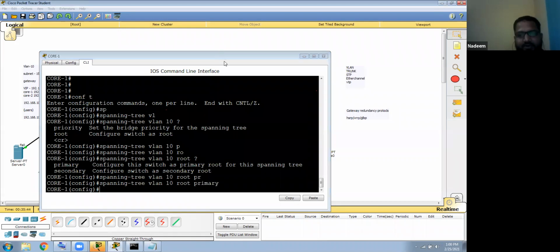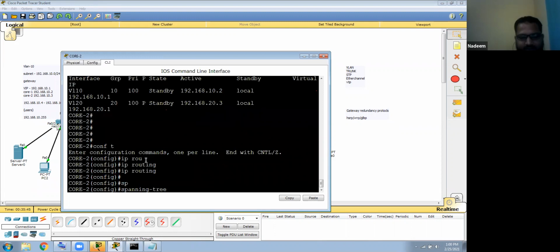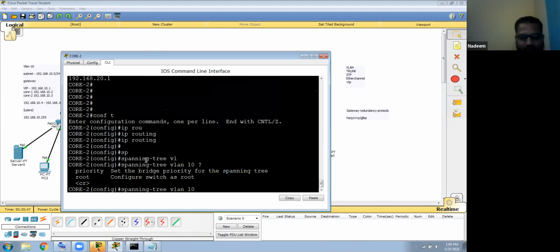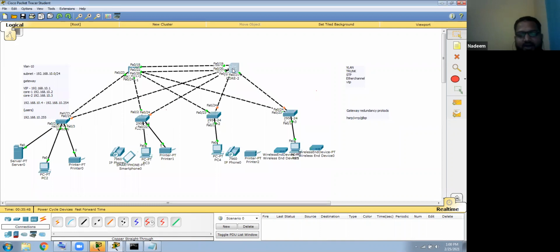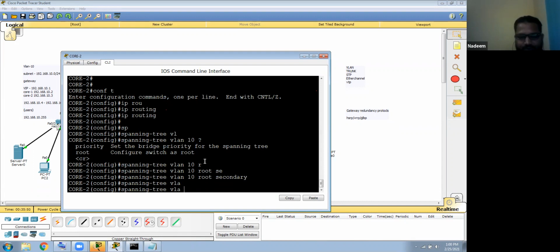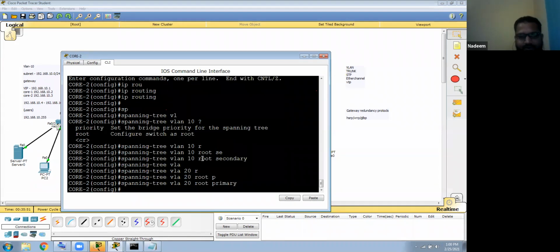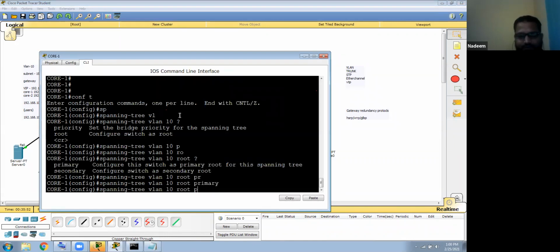Similarly, here I make this switch root secondary for VLAN 10. And for VLAN 20, I make this one root primary, and the other one root secondary.